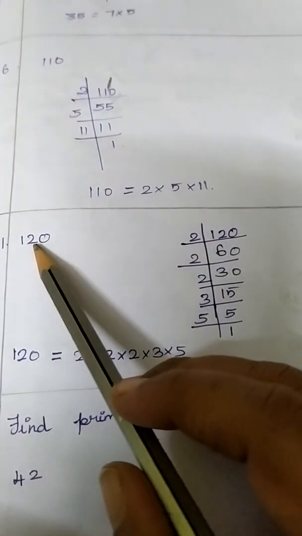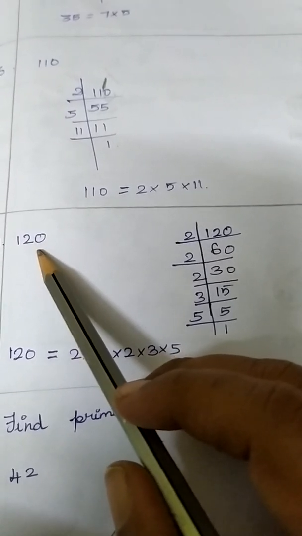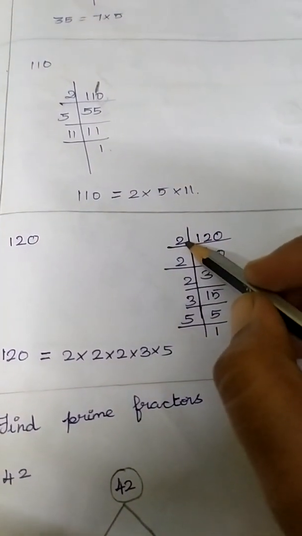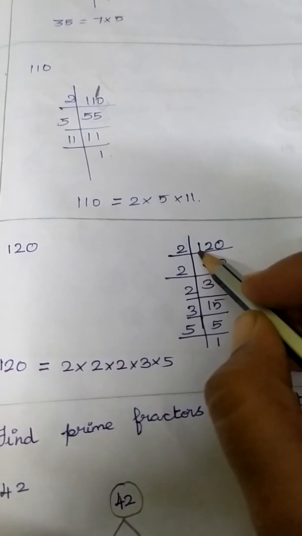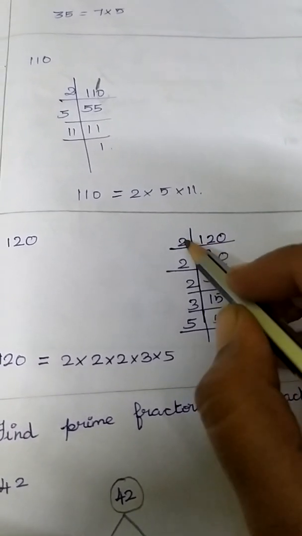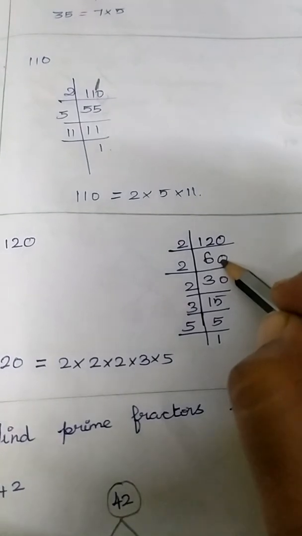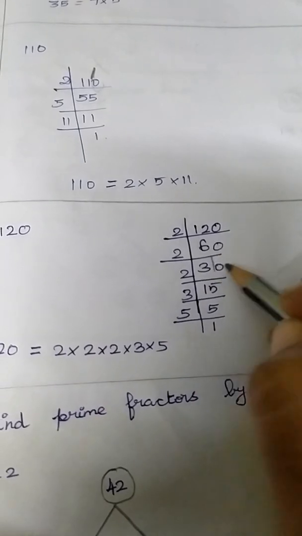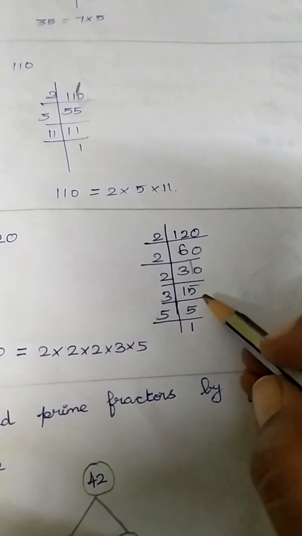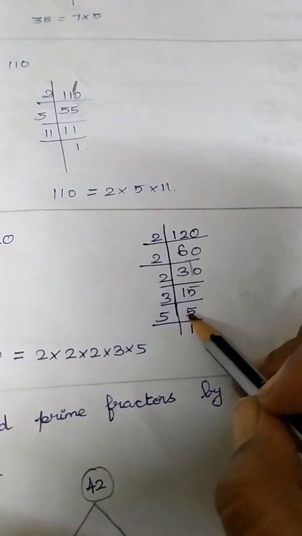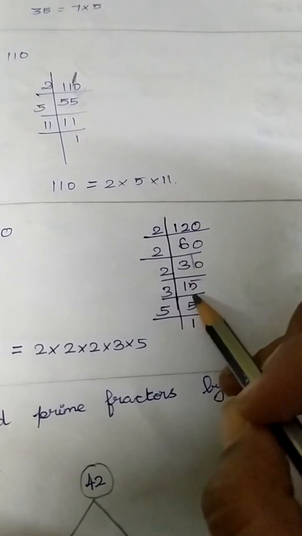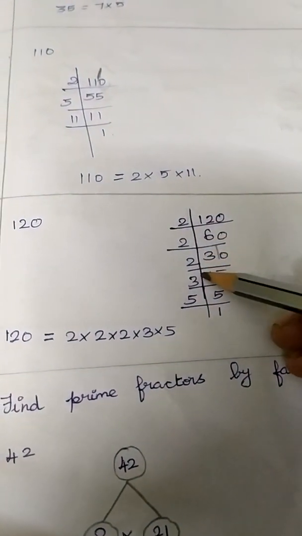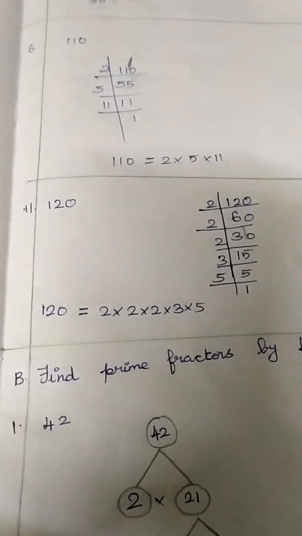11th problem, 120. So we are going to do it by long division. We are going to start with the lowest prime number 2. 1 is smaller, so taking 2 digits, 12. 6 2s are 12. Bringing the 0 down as it is. Again 2 table, 3 2s are 6. Writing the 0. Again 2 table, 1 2 is 2. Carry over 1. 10, 5 2s are 10. 3 table, 5 3s are 15. 5 will come only in the 5 table and the 1 table. So 5 table 1 time. 120 can be written as 2 into 2 into 2 into 3 into 5 as the prime factors.